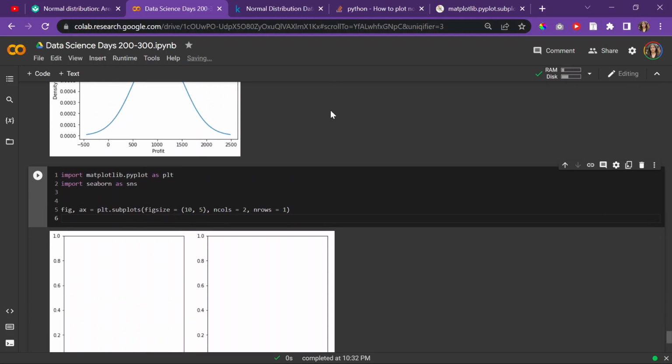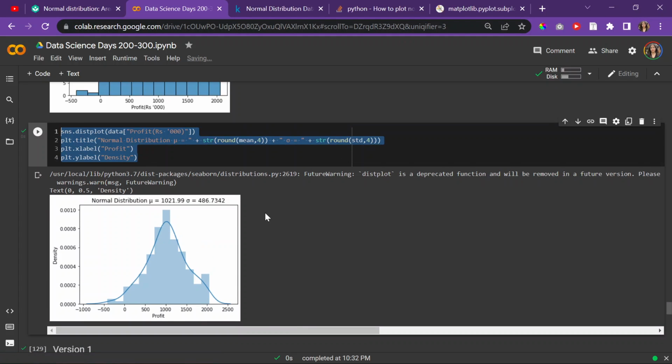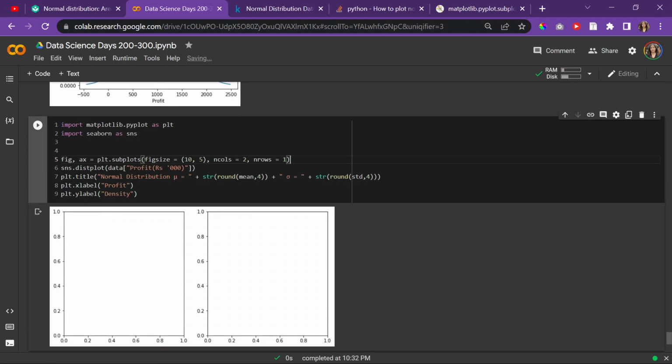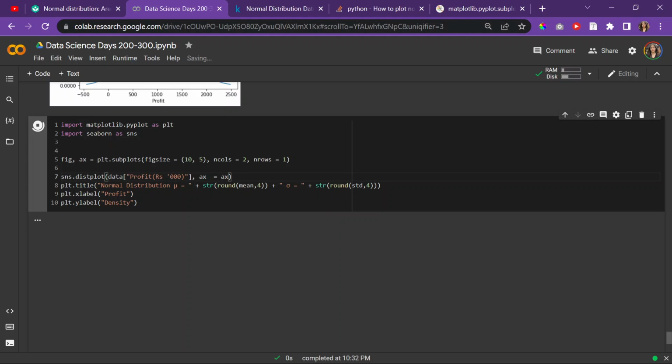I think if I go back up here, I'm going to go to the first one, which is this one. Okay, I'm going to bring that all the way down here. I need to set over here, Seaborn has an option where we can just set ax equal to a certain axis. So if I do this,